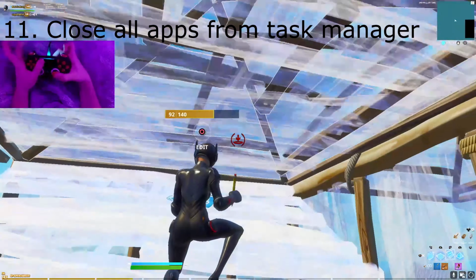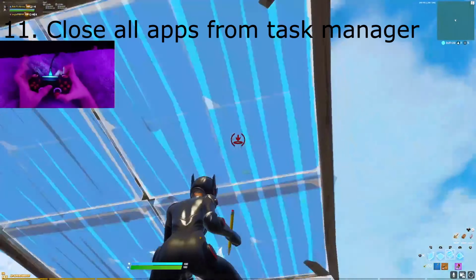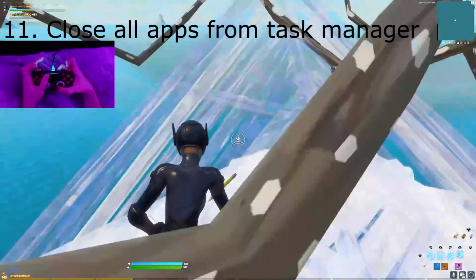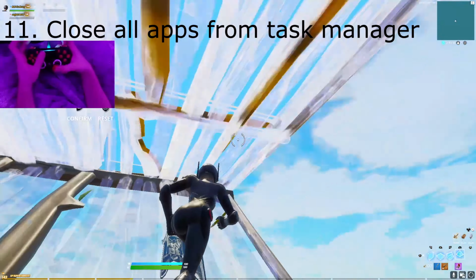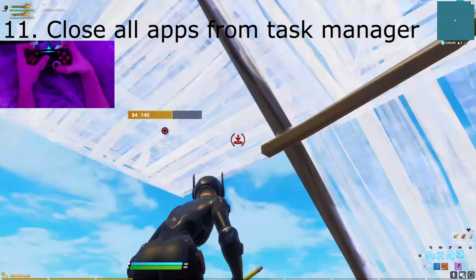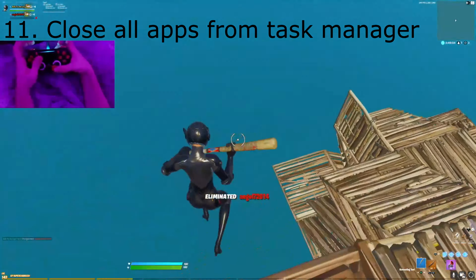Like let's say you're running Battle.net launcher, and you're running Google Chrome and Rocket League and Microsoft Edge. I'm just naming random apps. If you have all those running in the background and you're not actually doing anything with them and you're just playing Fortnite, close them all from Task Manager. Why? There's no need for all of that to be running in the background. That gives you input delay. So definitely close as many apps as you can in the background from Task Manager,